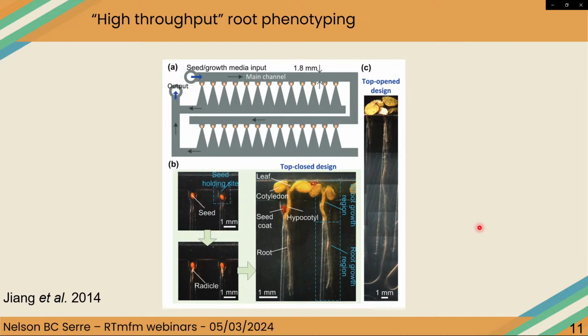Then I put this example of a chip, which was defined as a high throughput root phenotyping chip. And I don't want to offend anyone, but there's no such thing as high throughput in microfluidics, except if you have like 2,000 chips at the same time. But anyway,